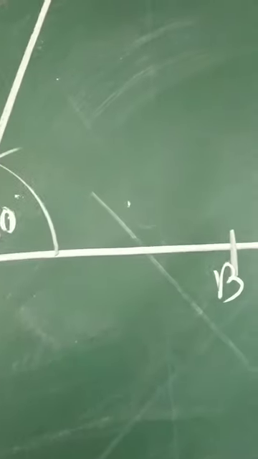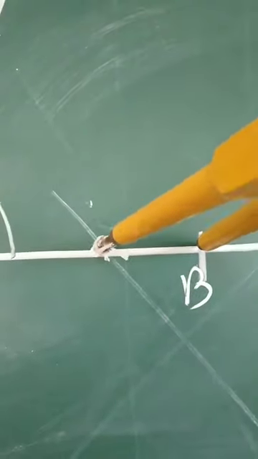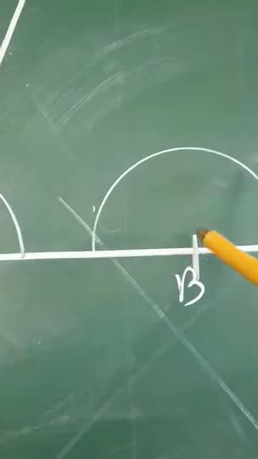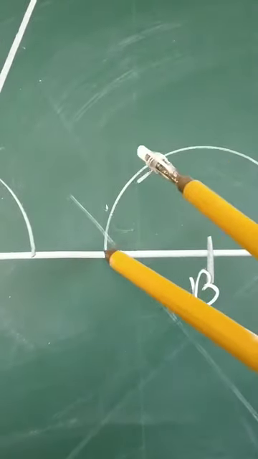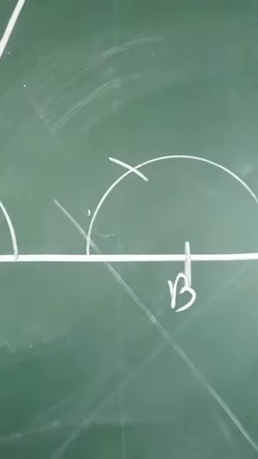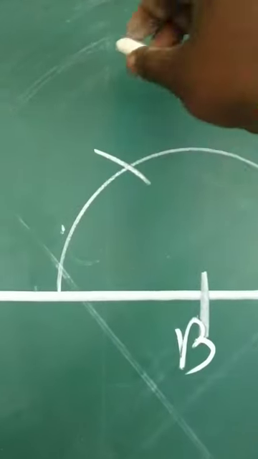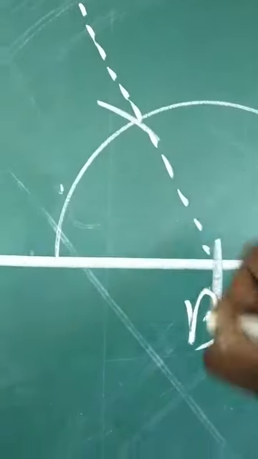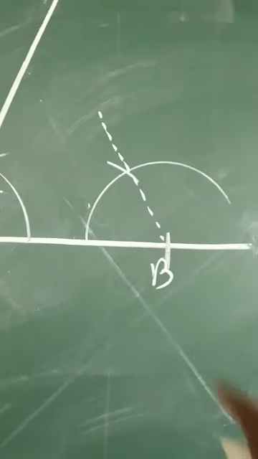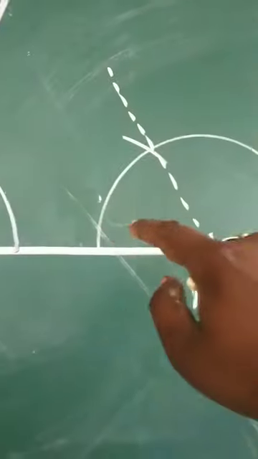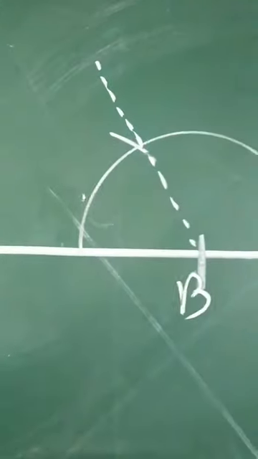So children, what I am doing over here, I'm going to construct 60 degree first. We give one arc. With the same measure, I'll place here and I'll draw one arc. Now, as this is 60 degree, I'll just join with dotted lines, because I don't need 60. I need 30 degree. So now we are going to bisect this 60 degree angle in order to bring 30 degree. So what we will do, children?